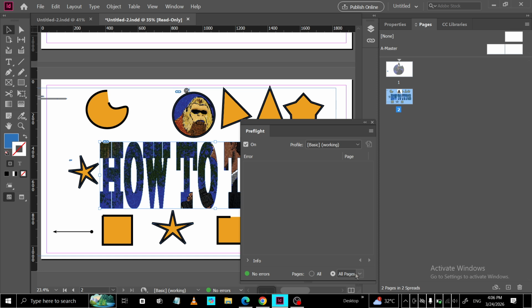Story Editor keeps you focused on the words themselves, making it easier to catch truncation, missing sentences, or important notes that might otherwise be out of sight. With these 3 checks, the red plus in the out port, the preflight panel, and the Story Editor, you'll reliably identify and review